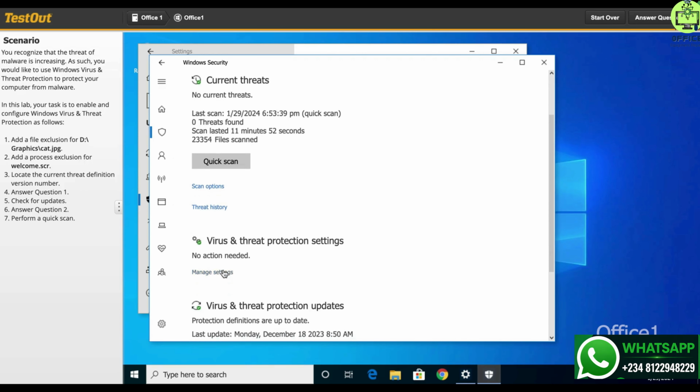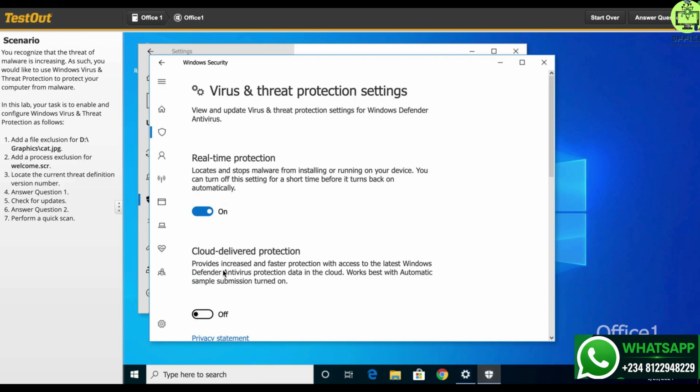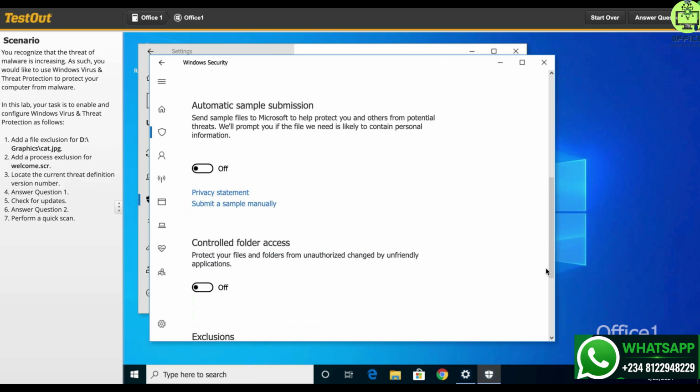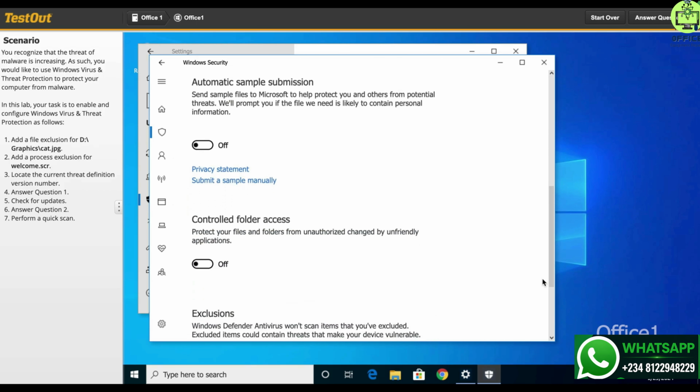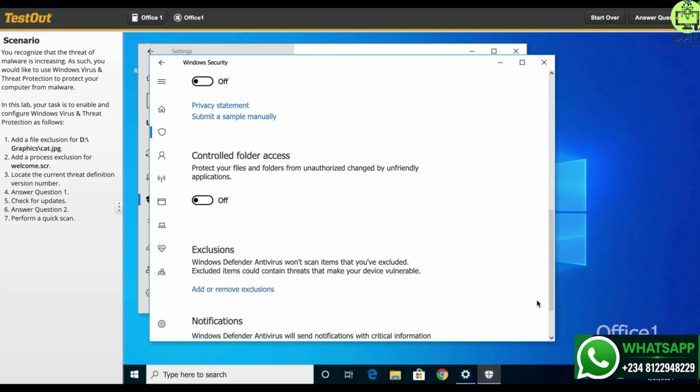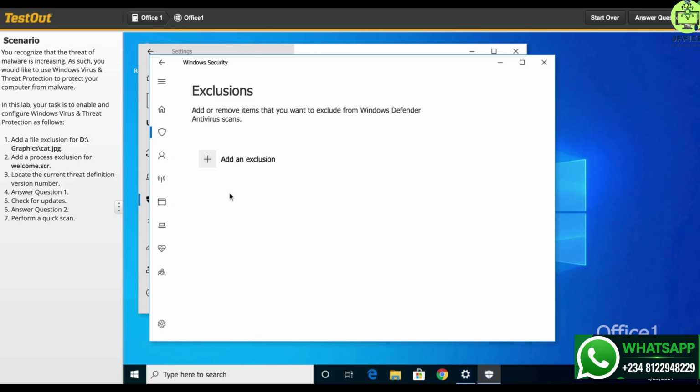And okay, so we'll go to manage settings under virus and threat protection. Now let's scroll down a bit and see the options we have below. Alright, so we'll go to add or remove exclusions, and we add an exclusion. So to bring out this option, we select file